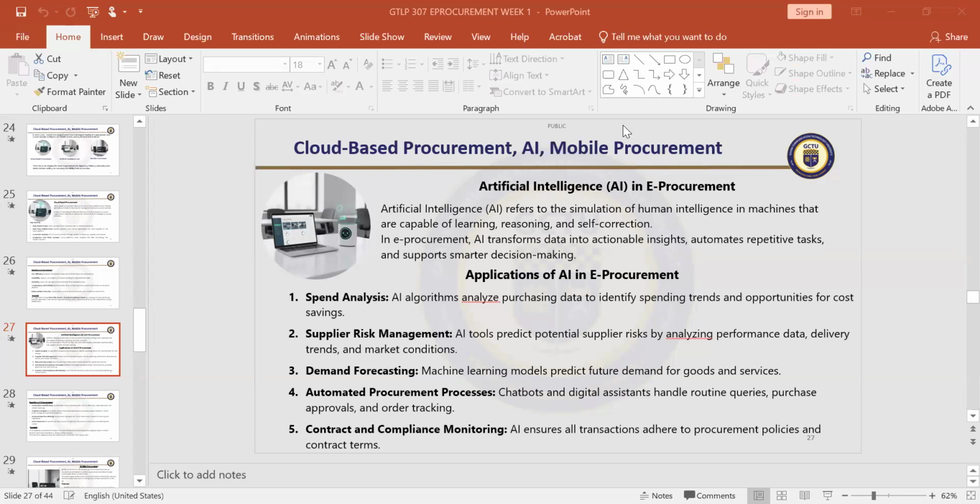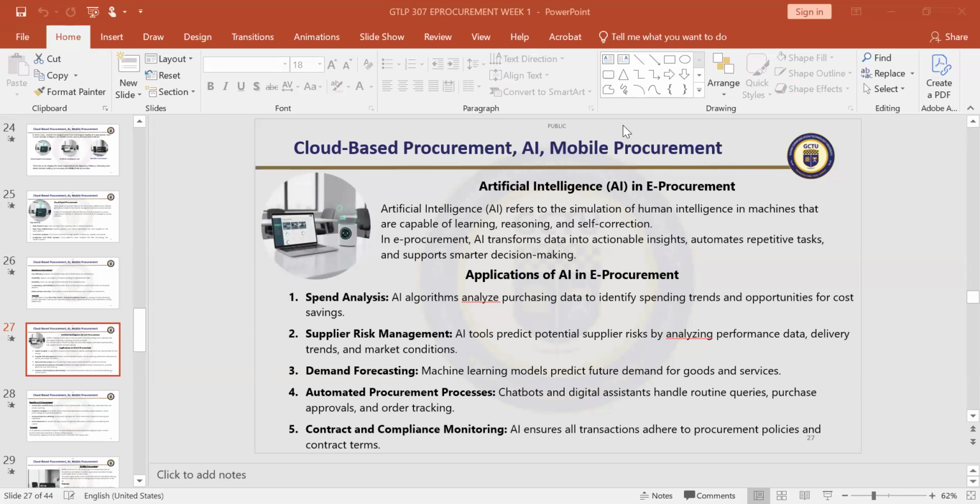And demand forecasting. Machine learning models predict future demand for goods and services because the AI monitors everything. It knows the buying patterns, the products that people are buying, and so on and so forth. So it can predict for next month, June, July, December, what you are supposed to produce more, what you are supposed to buy, because it can monitor the system and know. Therefore, it will give you a demand forecast. You can use that to forecast your demand for that particular season.